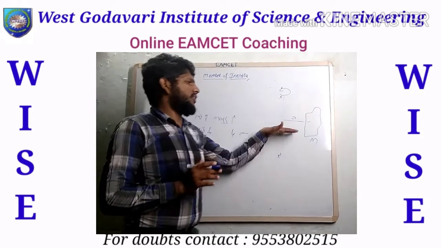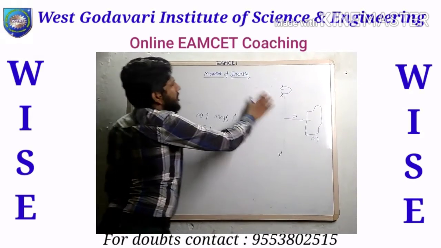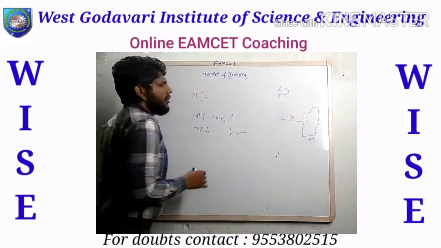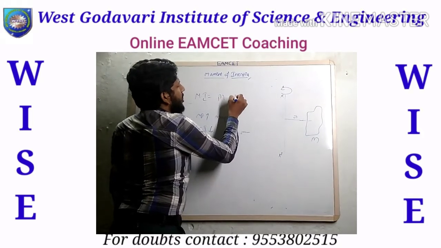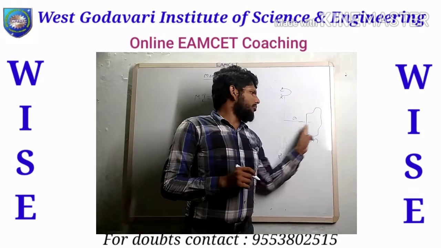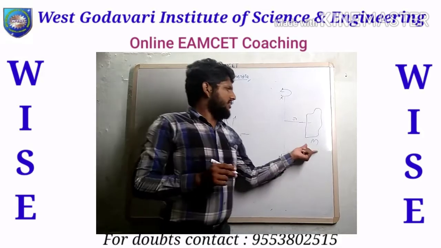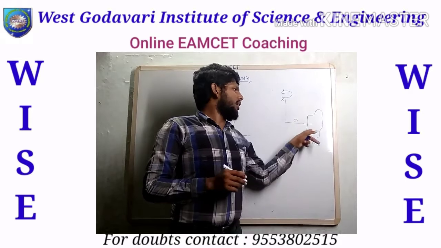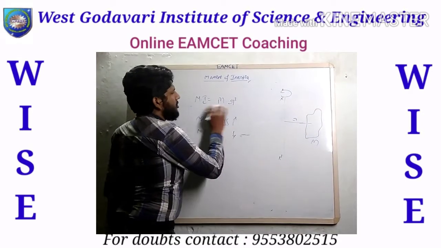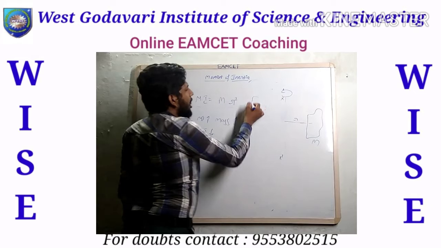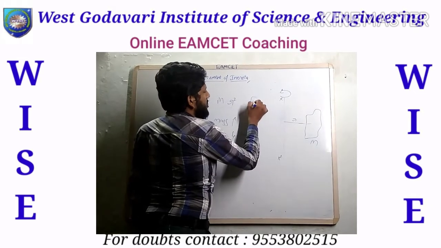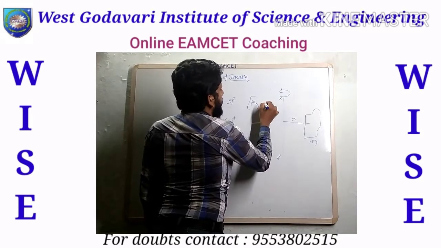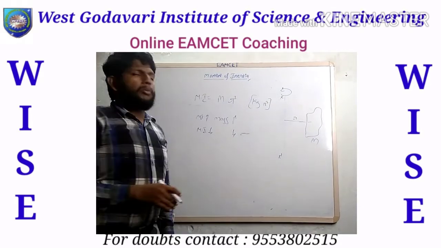Let us take the equation for the mass moment of inertia. We also call it the mass moment of inertia, and the moment of inertia is equal to mass into the square of the distance of the axis from the body. Here, mass is the rotatory body mass, and r is the distance between the axis and the rotatory body. This is the equation for the moment of inertia, and the units are kg for mass and meter square for r, so kg meter square is the unit for the moment of inertia.